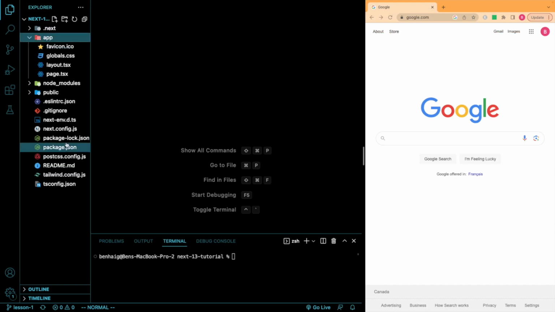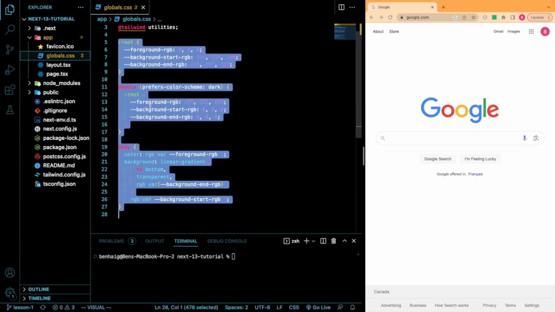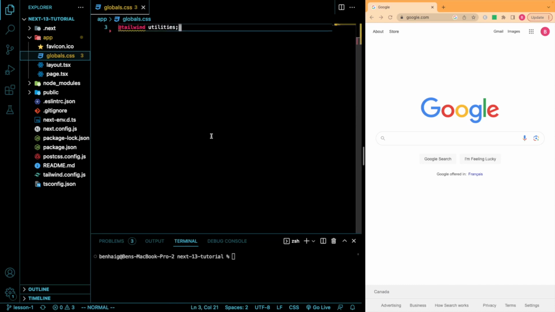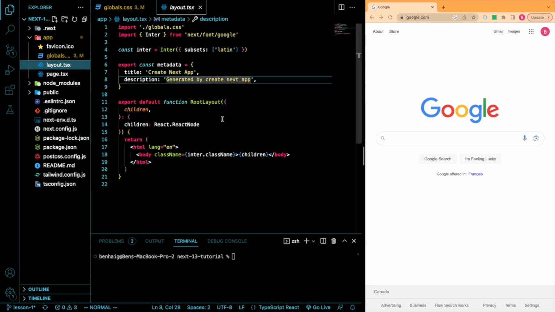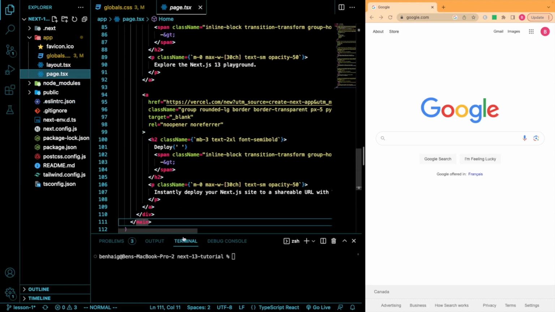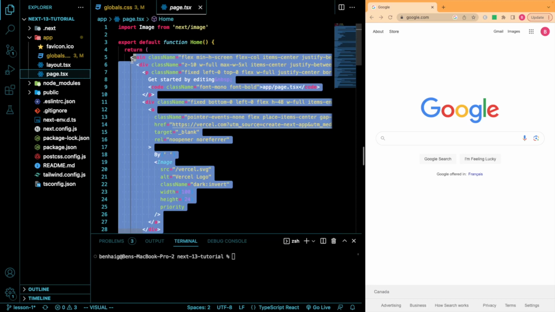So if we come in here and we open up our app directory, you will see that we now have our global CSS within the same directory as our pages. To start, I'm just going to delete these basic styles that ship with the Next.js application. I'm just going to keep the Tailwind stuff because that's all we're going to use in this tutorial. We also then have our layout.tsx file, which we briefly discussed in the last lesson, and our page.tsx file. To start, I'm going to get rid of everything in this as well,